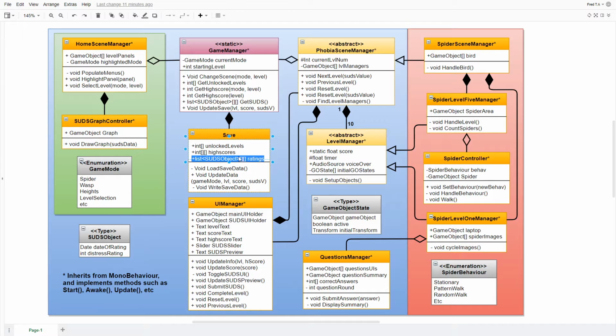In ratings, each element is a list, so we can have any number of distress ratings for each level. We start in the home scene where we select our level. The home scene manager talks to the game manager and uses this to get all the save information, which it then passes on to the SUDS graph controller so that it can graph out the changes in the player's distress